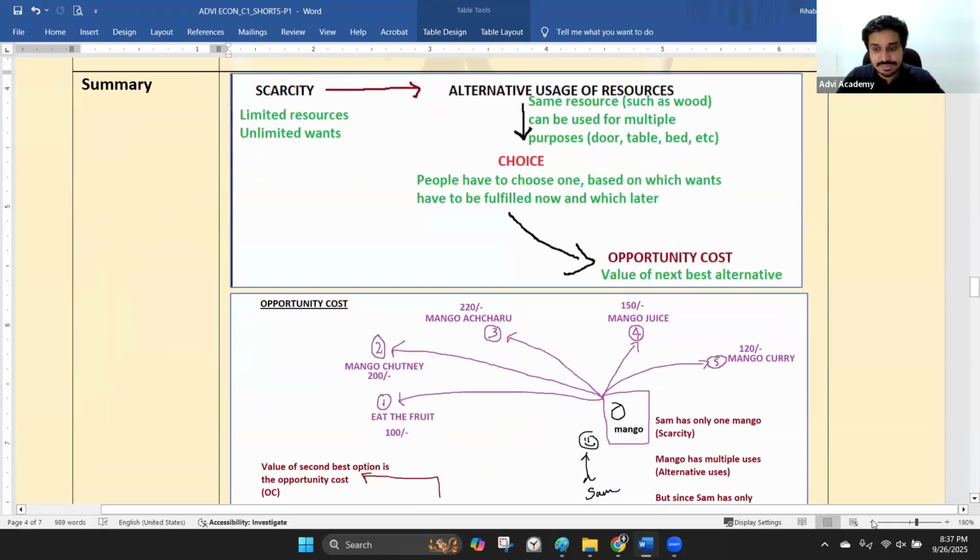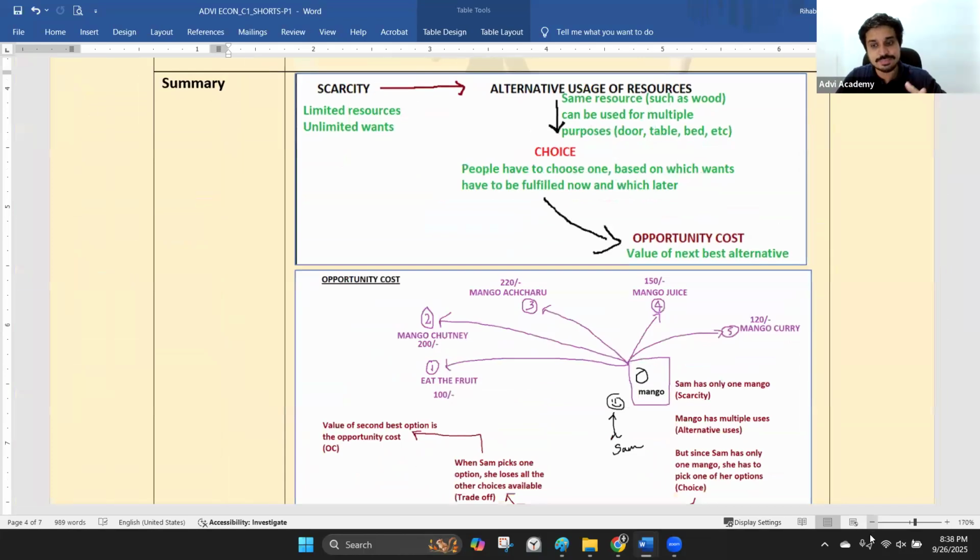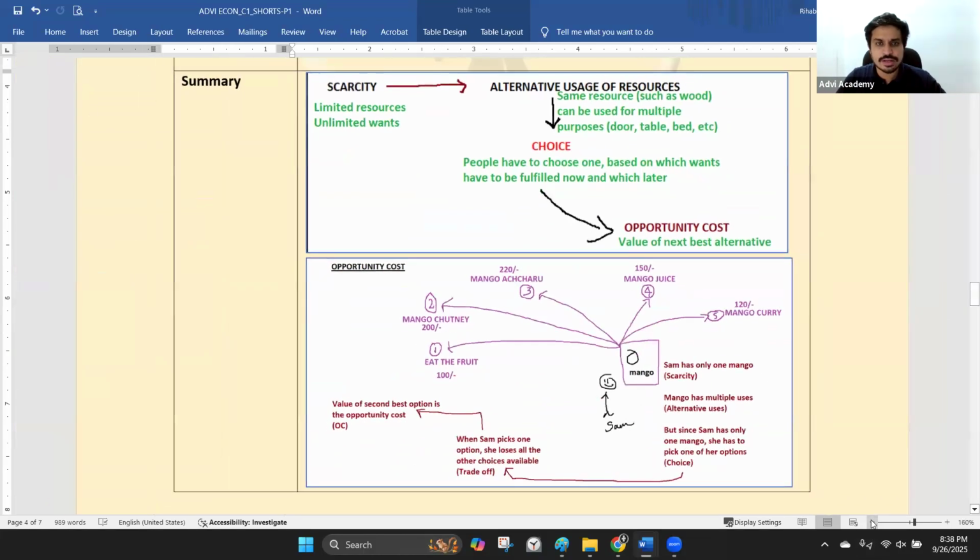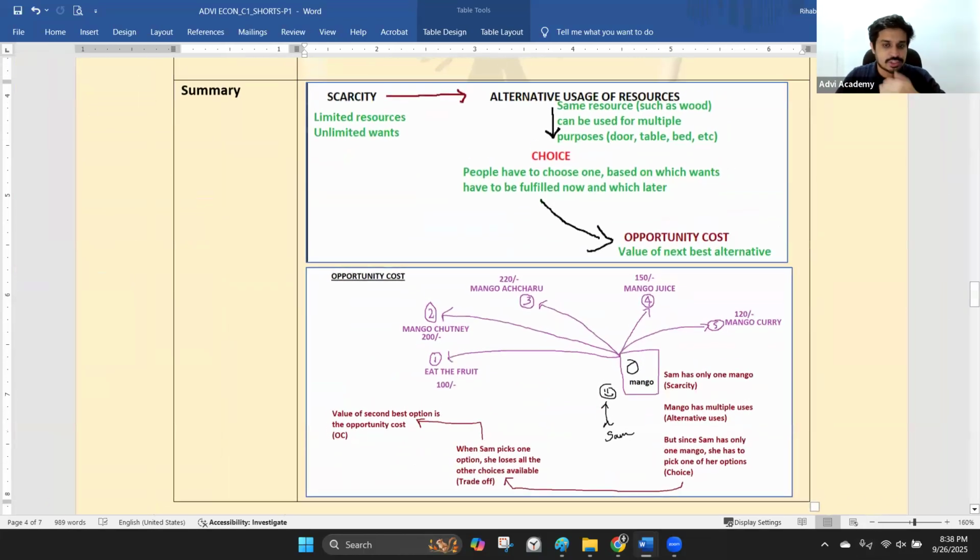Please remember this. This is a very important short note because this part usually gets tested quite a lot. And this short note will actually help you a lot when it comes to the paper 2 questions, if you can just remember this flow. Okay. So you can take a screenshot of this as well. This is the summary of the central problem of economics part. Definitely has to go into your short note.